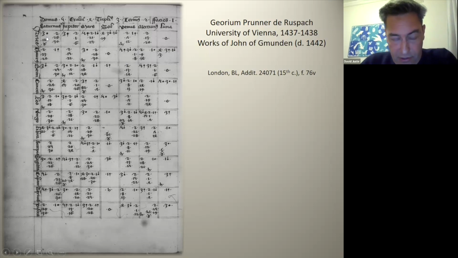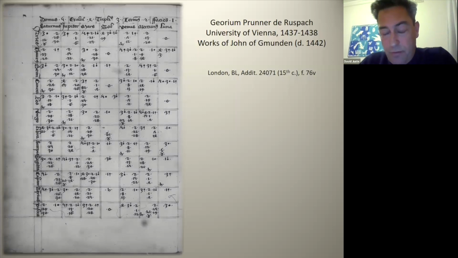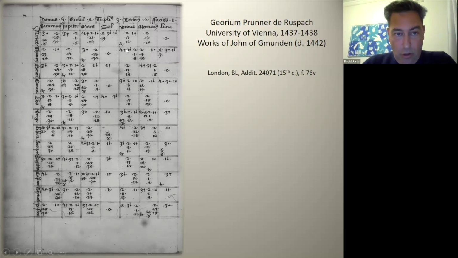On top of this, you have special symbols that have been designed to tell you which ruler of the triplicity among the 3 possibilities you should select, or which of the 3 decans you should select. And these symbols are this dot here. It's not simply a dot, it is really a big dot